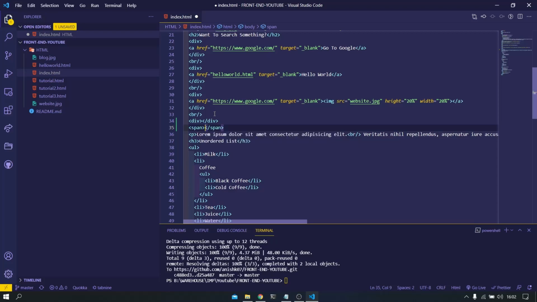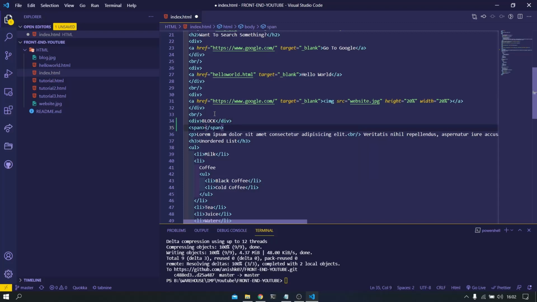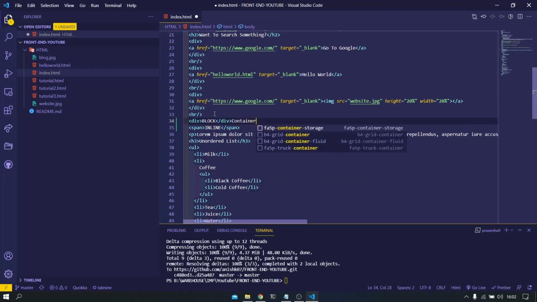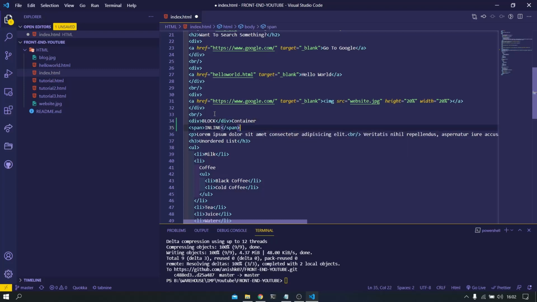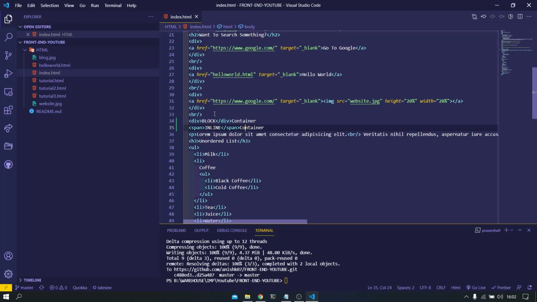Now if I type anything inside of it, block in, and if I say, let's say, container here, and if I say container here,